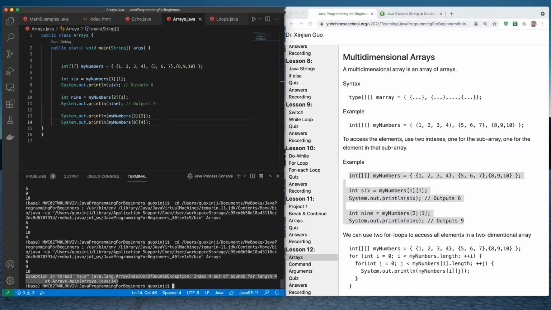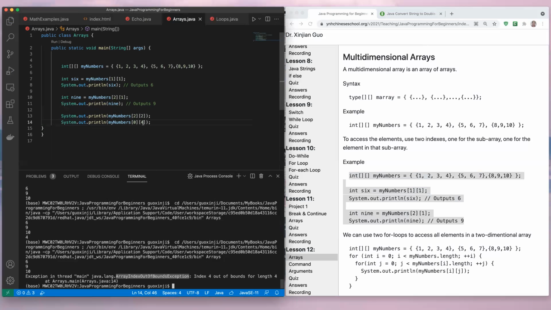Exception means error. And array, see, this is a message. Array index out of bounds exception means you access an array through an index, but the index is outside of bounds, beyond the array limit,